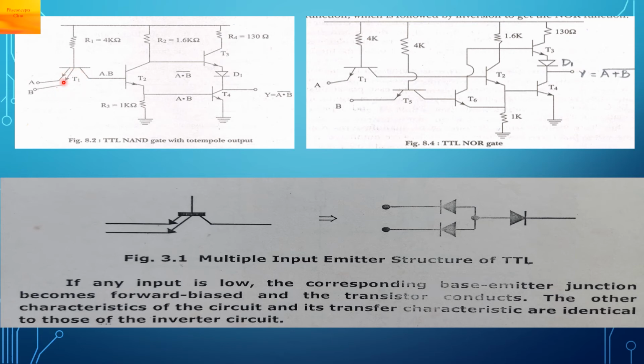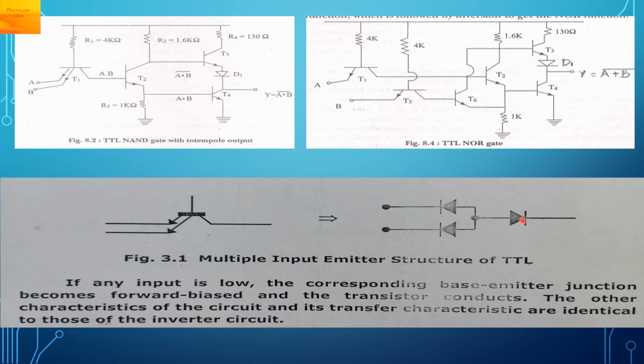This transistor that you see is a multi-emitter transistor, which is of this kind. So this is an NPN transistor. This N and P forms a PN junction diode. In the same way, this P and N forms a PN junction diode, which is shown in this diagram. This is the emitter diode. In the same way there is a second emitter diode which is shown here, and this PN is also shown as a PN junction diode.